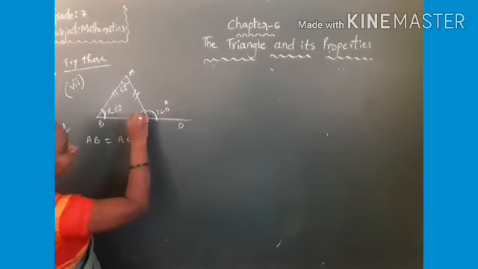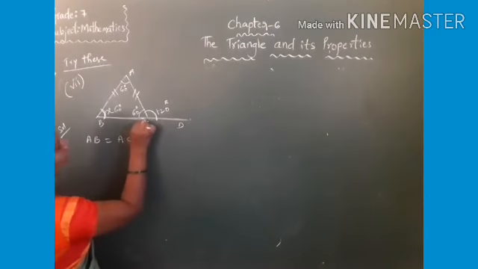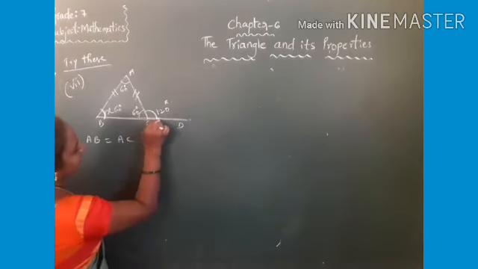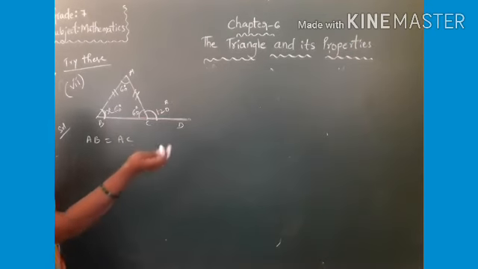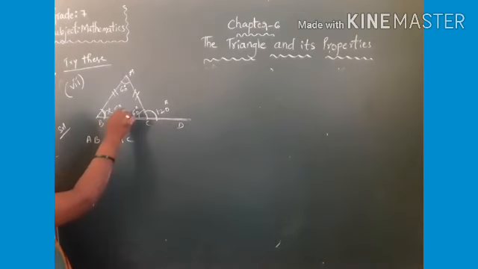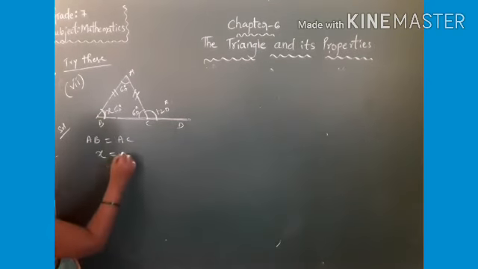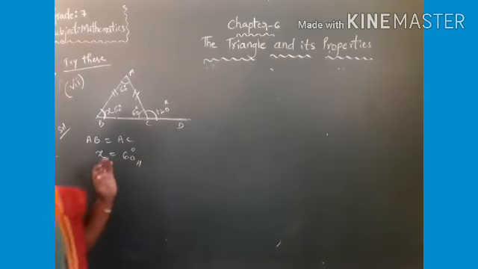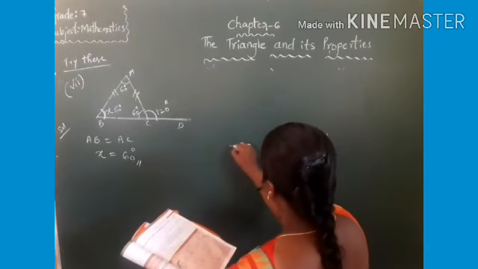Then what about the third angle? Yes, that is also 60 degrees. These two adjacent angles form a linear pair, 60 degrees plus 120 degrees is 180 degrees. The sum of angles in a triangle is 180 degrees. So 120 degrees is equal to the sum of the two interior opposite angles. Then what is the angle for x? 60 degrees. Right.